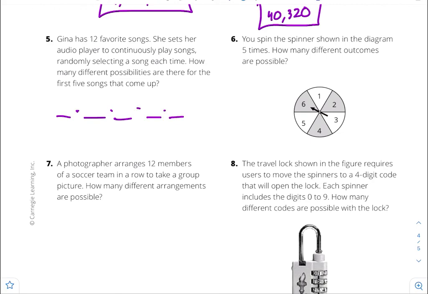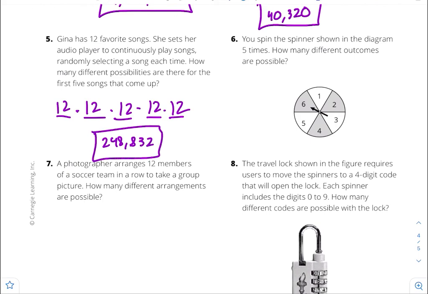Well, if it's random, the possibility of one coming back up is possible. So for all 5 choices, it's 12. 12 for the first choice, and then since it's playing randomly, the 12 options are still available for each one. So 12 to the 5th power is